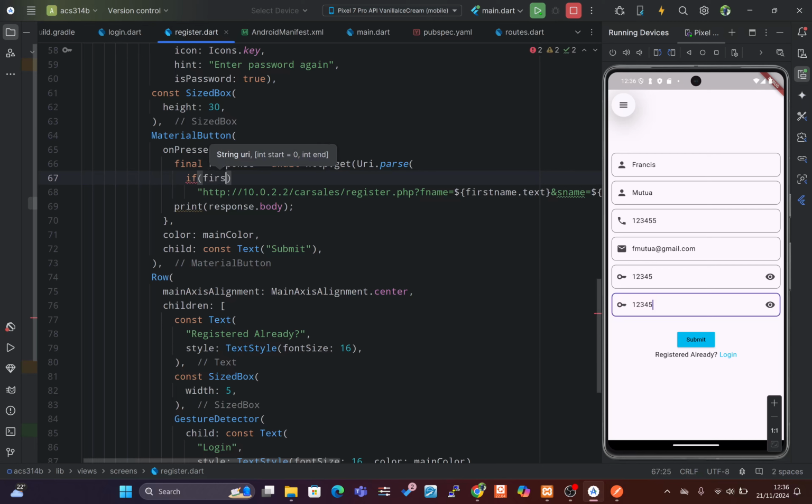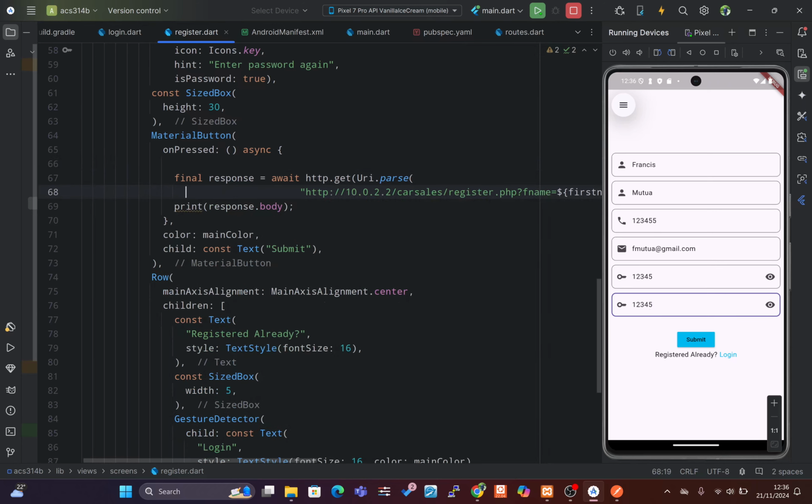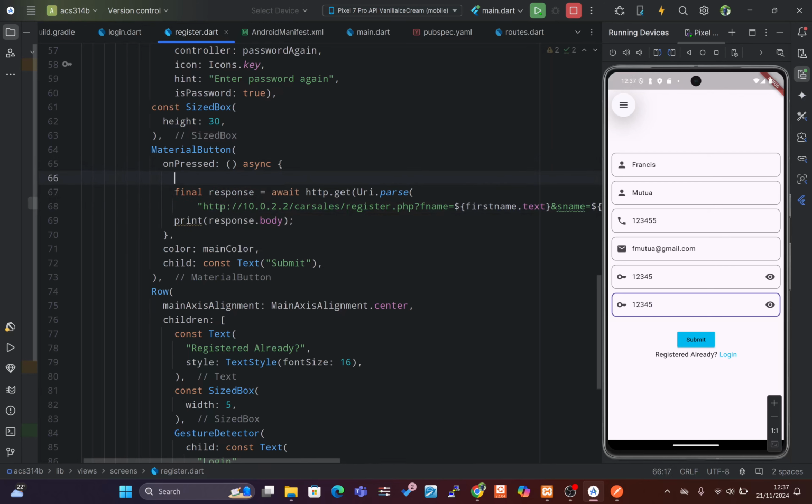The validation should be before we get to send this data, right here. So if